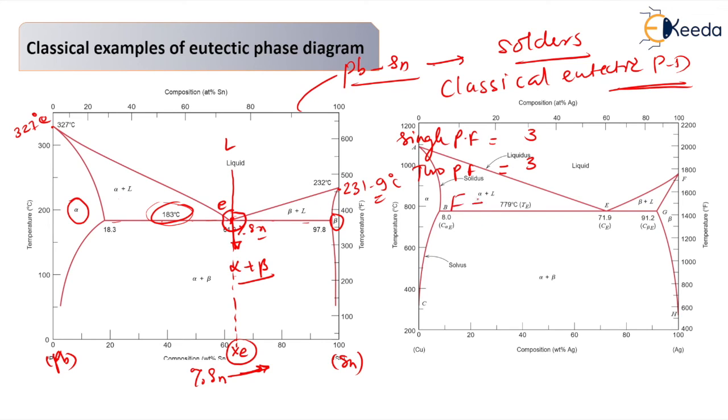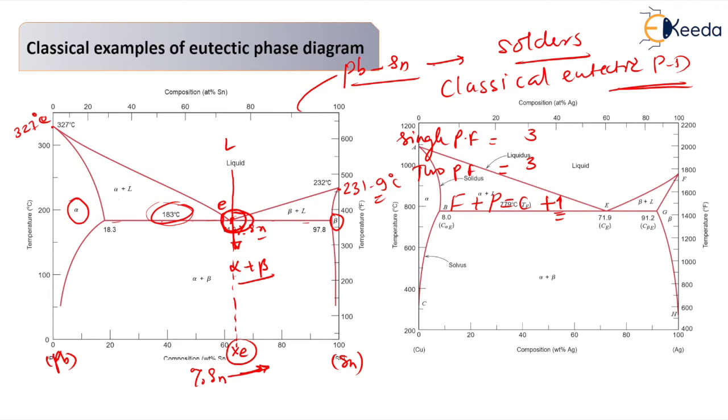Condensed phase rule, F plus P is equal to C plus 1. Why am I taking here 1? Because pressure I am assuming is constant for every reaction, that is atmospheric pressure is there. So the variable is 1 only, that is the temperature. So dear students, come to this point E, that is our eutectic point, and apply this phase rule.